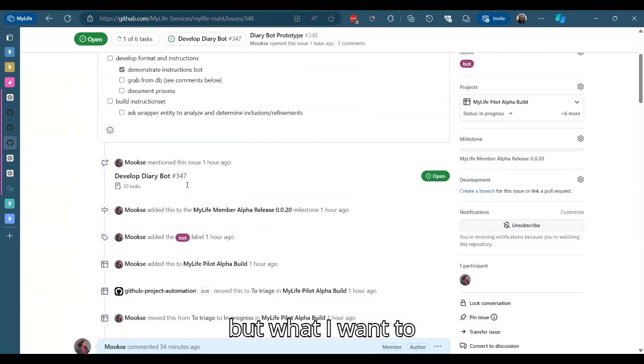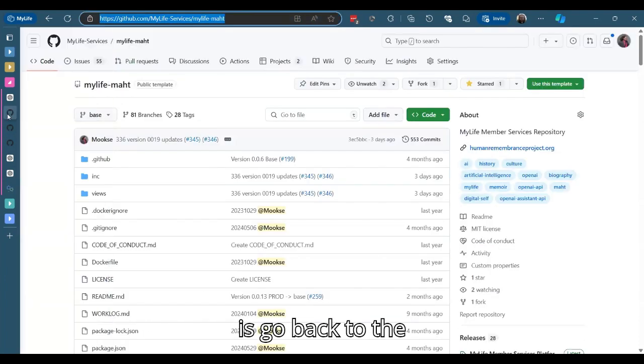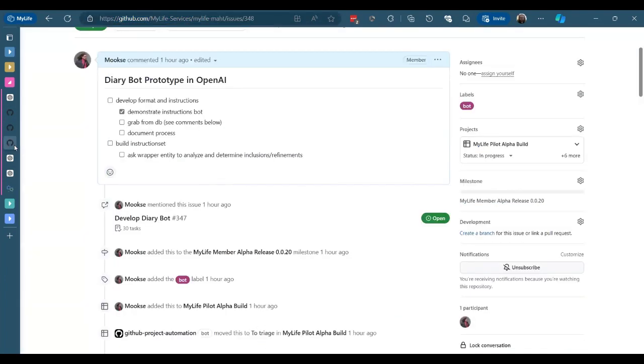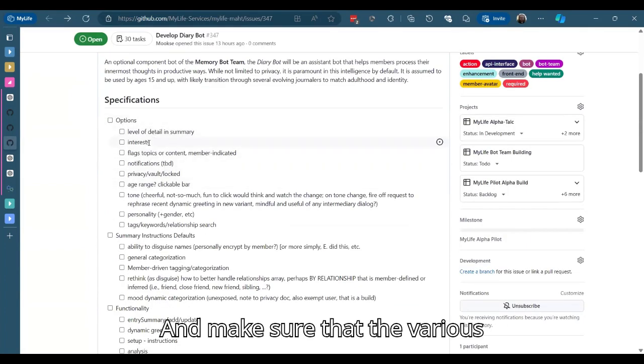But what I want to ultimately do is go back to the specifications and make sure that the various elements are included.